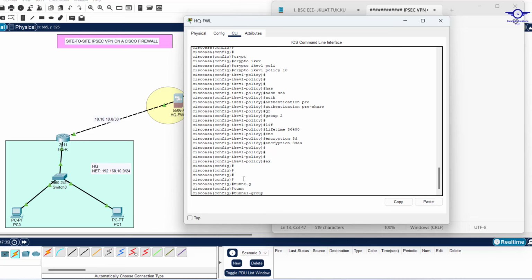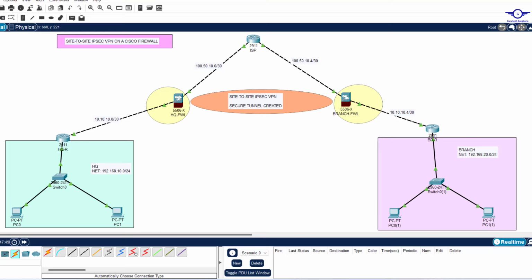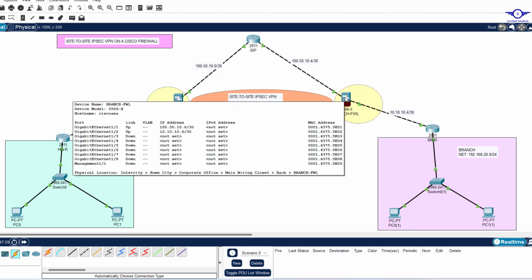Everything that we're doing here should be the same on the other firewall so that they can form peers, so that then they can be friends. Now when you specify the tunnel group here, we use the IP address of the other firewall. So the traffic will be going this way, then first lands on this interface. So this interface here has an IP address of